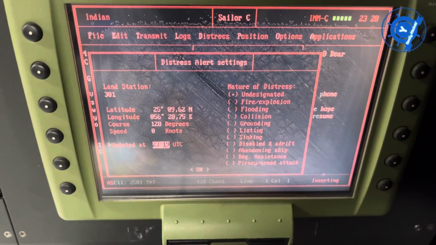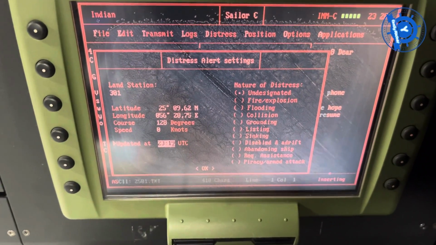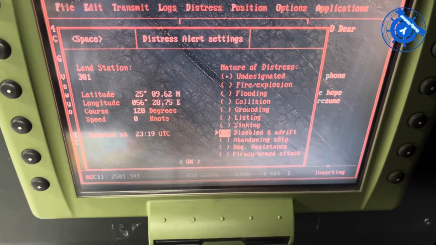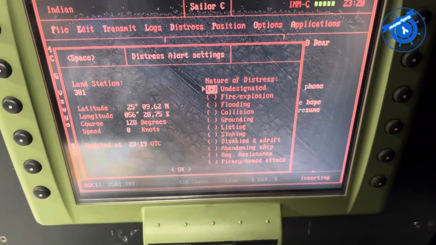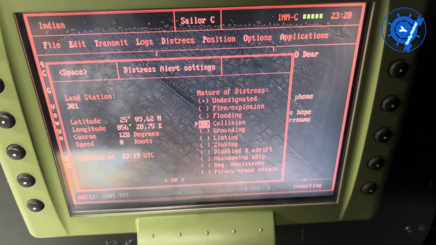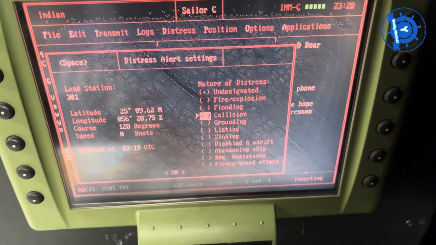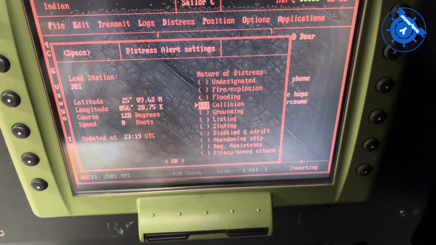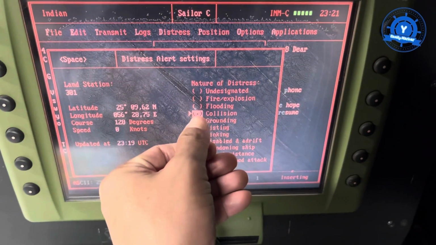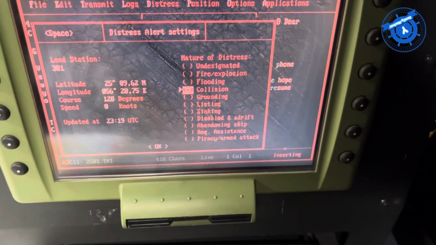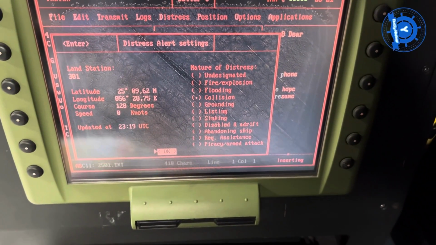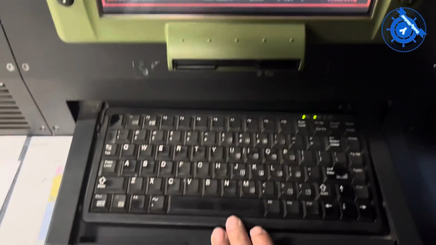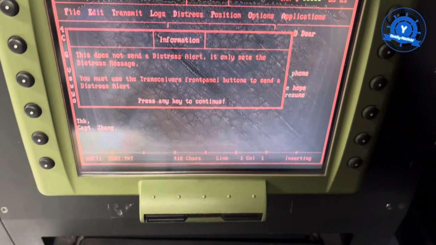And then, for example, if it's fire or flooding, you can try grounding or collision. If it's grounding, okay. For example, you can choose collision, and okay, and then also press enter.